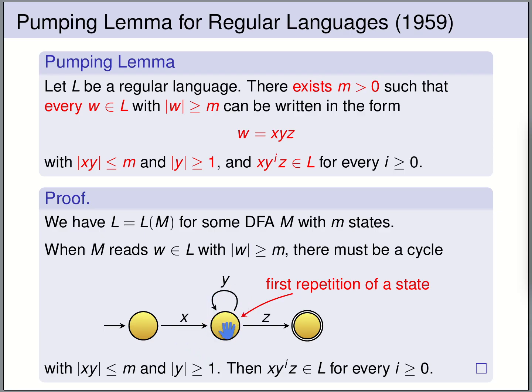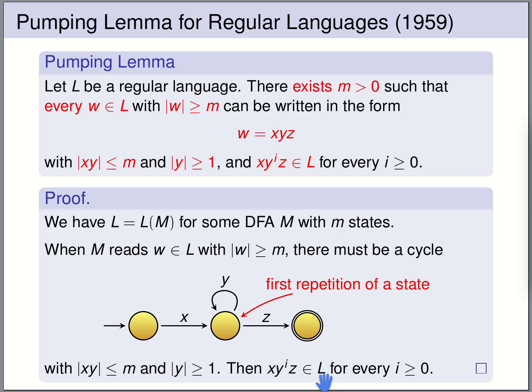And if we are starting from a starting state, ending in a final state, and we have such a loop y on the way, then we can repeat y as often as we want. It just brings us from a state back to the same state. So we could also just read xz, and xz is accepted. We could read y once, and we're still accepting. We could read it twice, 3 times. No matter how often we go through this loop, we always get a word that is accepted by the automaton. So every word of the form x y to the power i z must be in the language of the automaton.